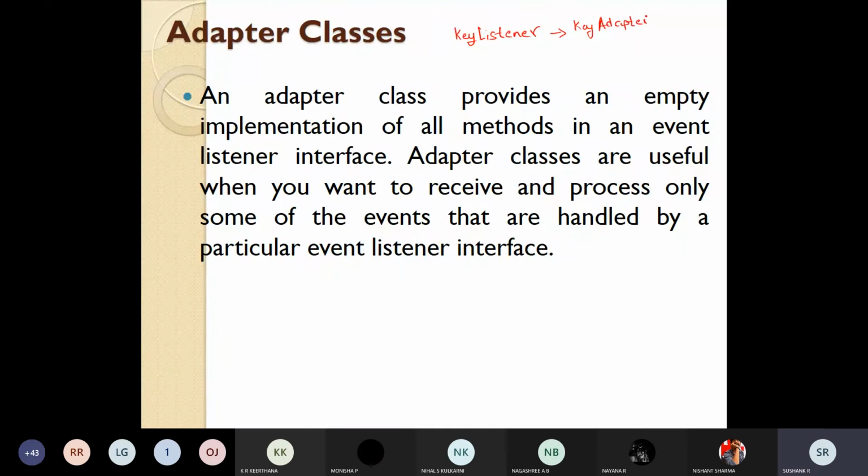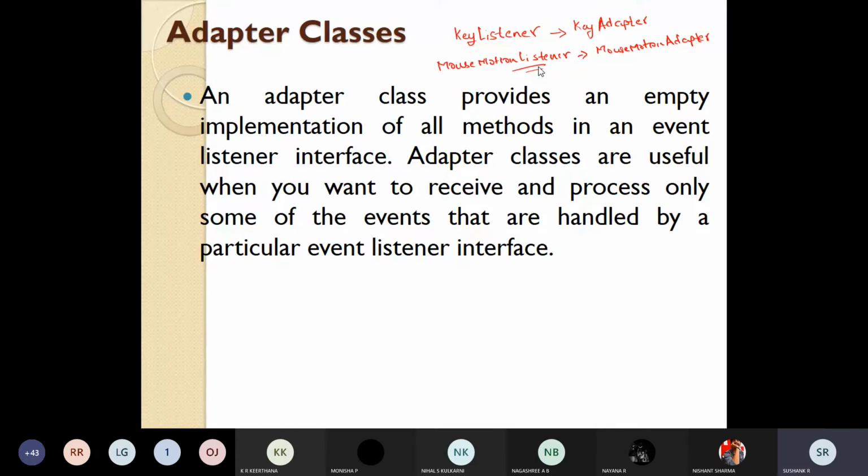We spoke about mouse motion listener. For this, we have an adapter class called mouse motion adapter. This will give you empty implementations of all the methods that are there in this interface, and you can implement only whatever function you like.